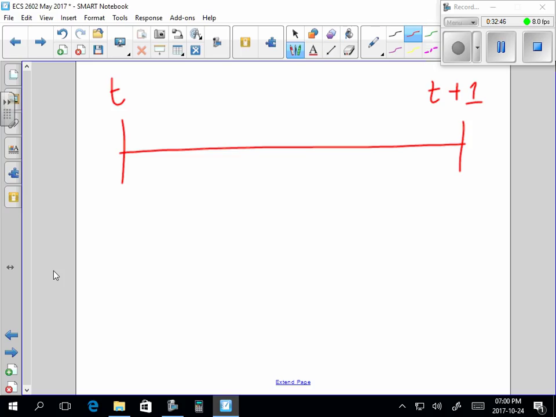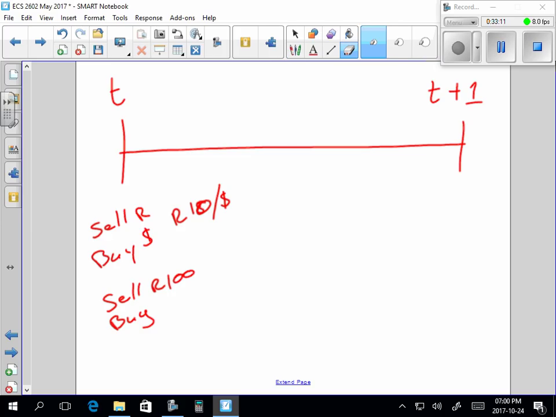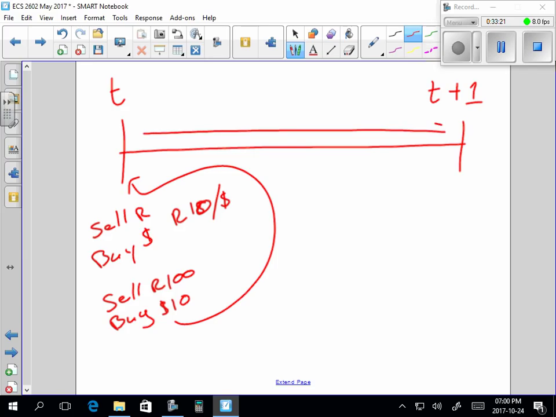So think about it. If you were investing in America, you would sell your rands today and you would buy dollars today. Let's assume that the current exchange rate is 10 rand to the dollar. So you're going to sell your 100 rand and you're going to buy $10. You're going to invest your $10 now, for the entire period. So let's assume that there is a 10% return. At the end of the year, what have you got? $10 plus 10% of $10, $1 return, you're going to have